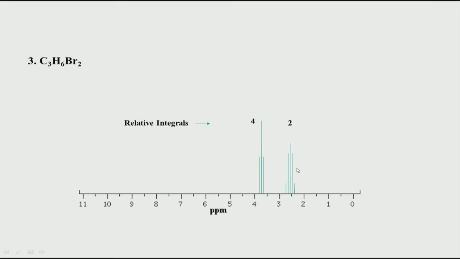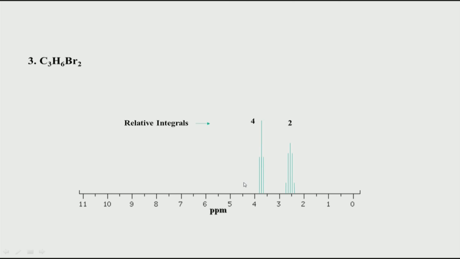Again remember, if you have a bromine attached to a carbon, because of the inductive effect, any hydrogen attached to a carbon which is attached to a bromine will be downfield shifted. If you recollect the slide where we saw the general ranges of chemical shift values, if C-Cl, C-Br or C-I, a halogen compound typically comes somewhere between 3 to 4 ppm for that proton which is attached to that carbon. So, probably there is a hydrogen attached to a carbon which is attached to a bromine.